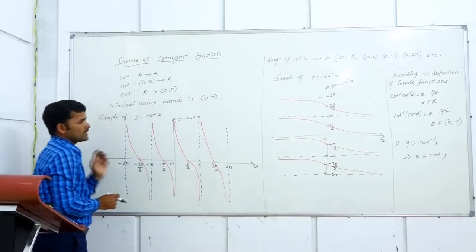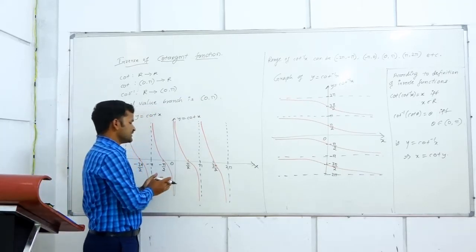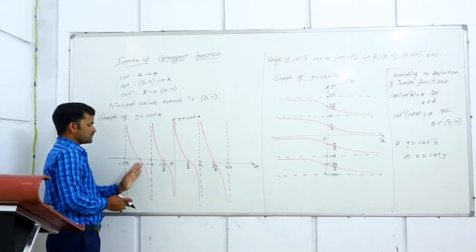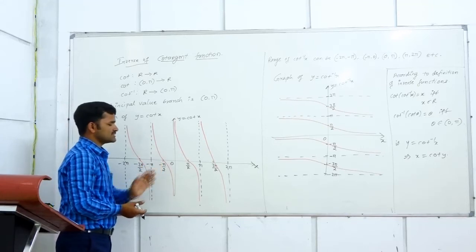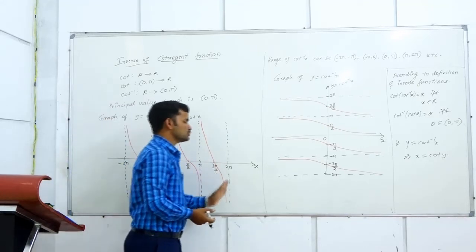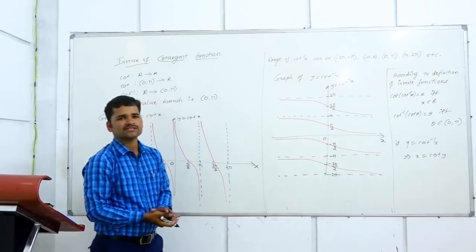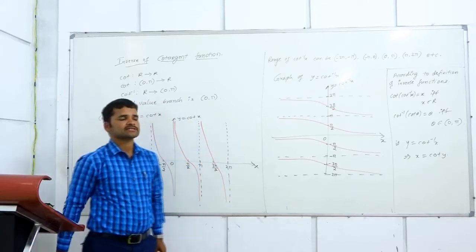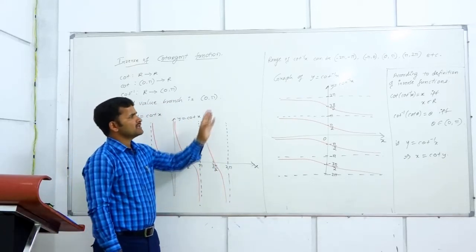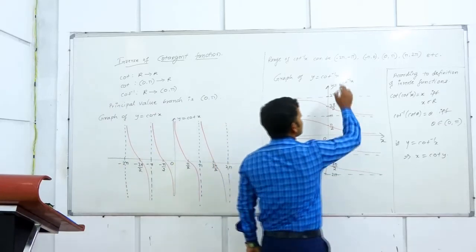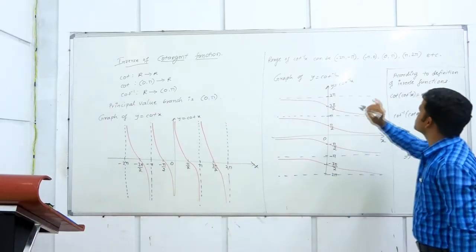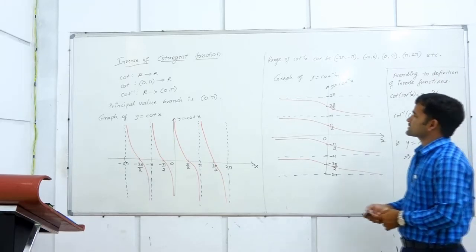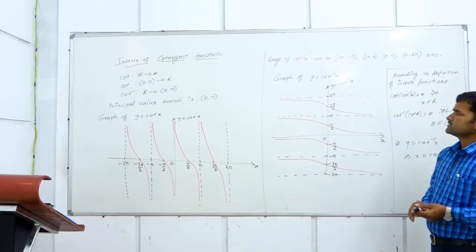I have written the graph here. Instead of restricting it from 0 to pi, we can restrict it from minus 2 pi to minus pi, minus pi to 0, 0 to pi, pi to 2 pi, 2 pi to 3 pi, and so on. Any branch you can consider. If the question is to write the range of cot inverse of x other than the principal value branch, then we can write any one, like minus pi to 0, 0 to pi, pi to 2 pi; all are open intervals. Like that, any one you can take. This is how the graph of y is equal to cot inverse of x looks.